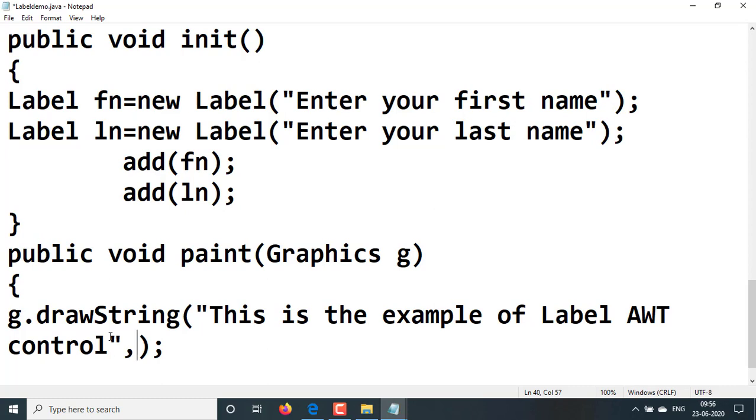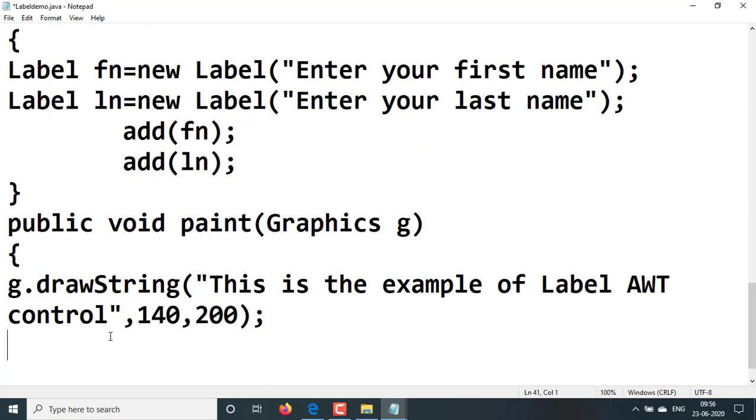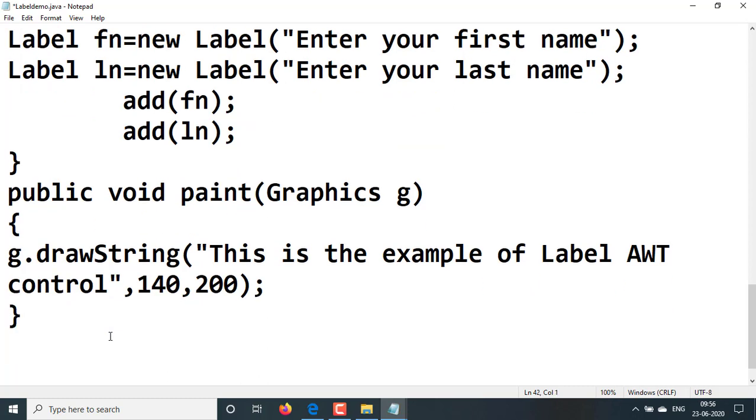Here I can specify 140 comma 200. Like this parameter I am specifying. Here this string is displayed. Next we need to close this paint method. After that close the class, save this program, control S. Our class name is LabelDemo. Now we have saved this program.